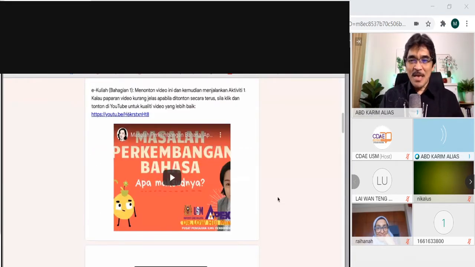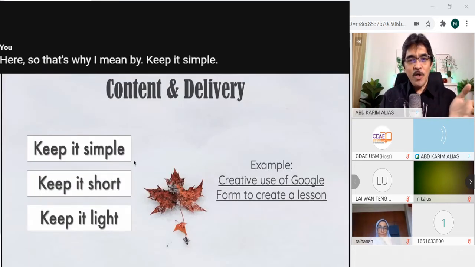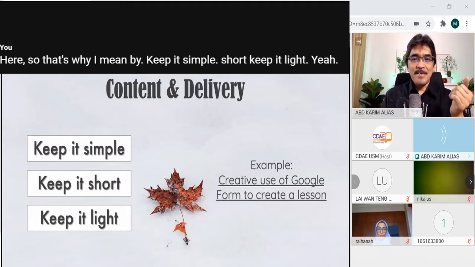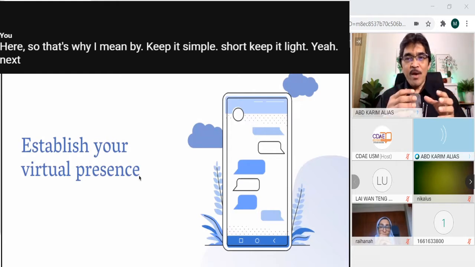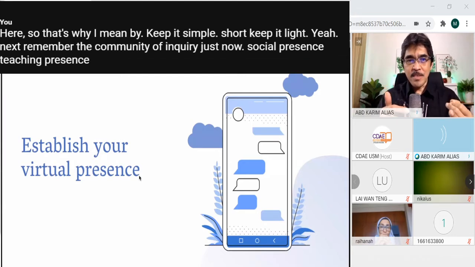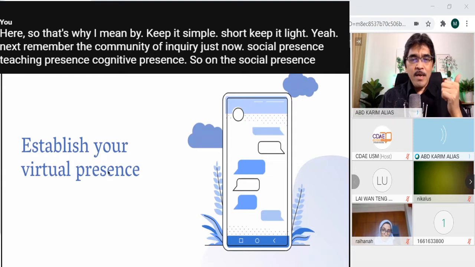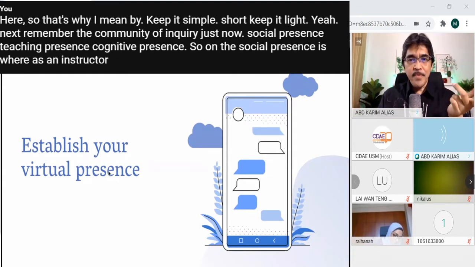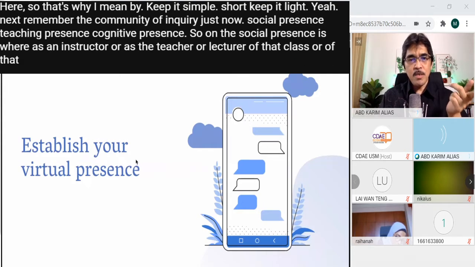All right, so that's what I mean by keep it simple, keep it short, keep it light. Yeah? Okay. Next. Remember the community of inquiry just now? Social presence, teaching presence, cognitive presence. So on the social presence, this is where as an instructor or as the teacher or lecturer of that class or of that course, you must